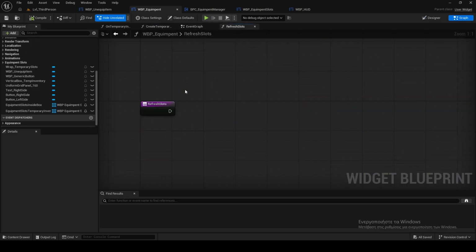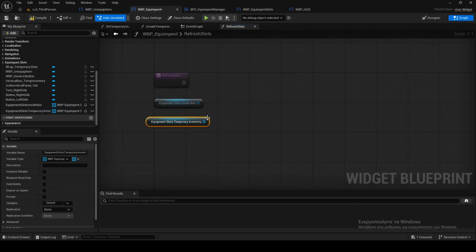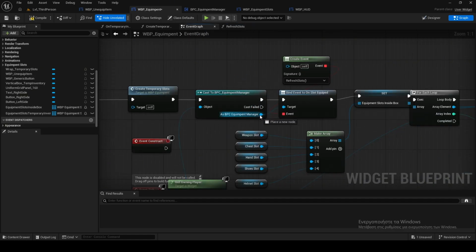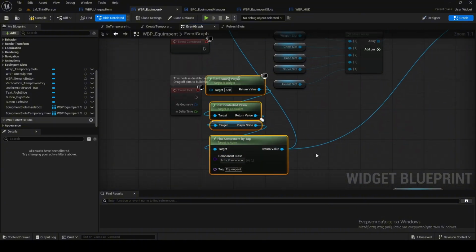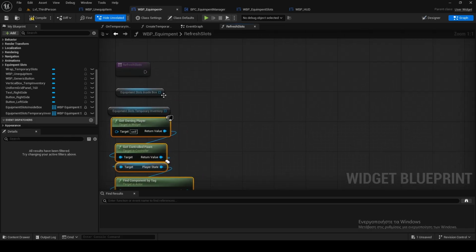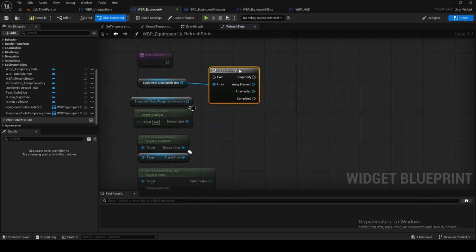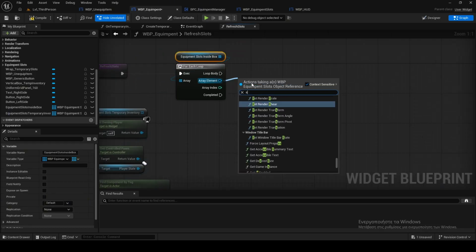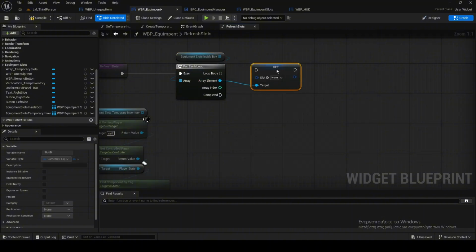So now in the refresh slots, I can take both the inventory slot as well, and I can also promote this to a variable and have a ref. I will just copy paste this, right, and do a for each loop, set slot tag, slot ID, or